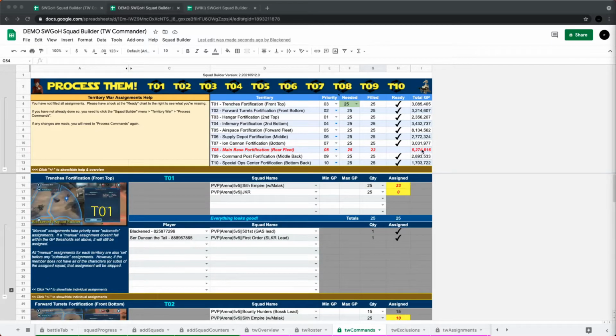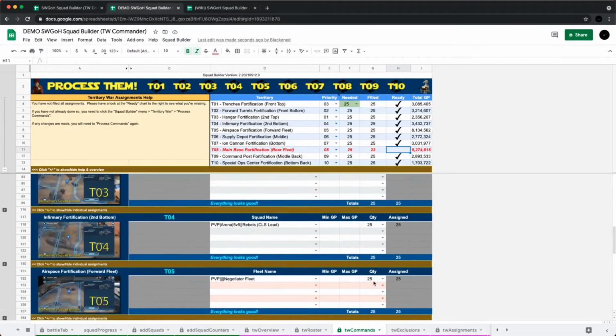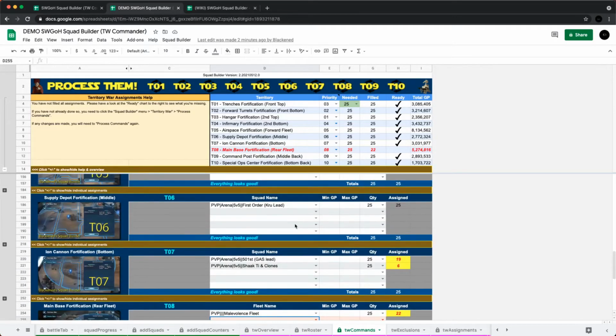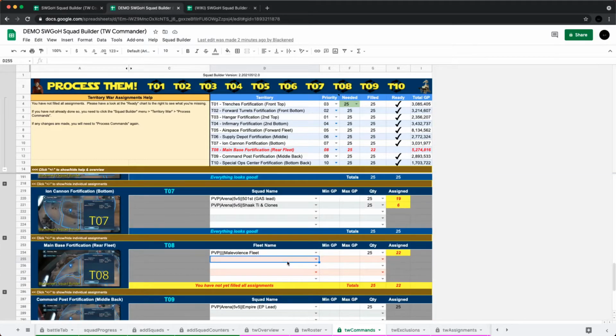Anyways, now you can see all of the territories are filled except for territory 8, which is the rear fleet. And I let that do that on purpose to show you how to do an individual territory. I asked for 25 malevolence fleets, but we only have 22. So what are we going to do to fill the space? The other fleet territory is already filled with all negotiator, or at least 25 of them. So rather than play my chances and set negotiator and turns out we don't have enough of them, I'm just going to put in executrix. I'm just going to put 25 in there